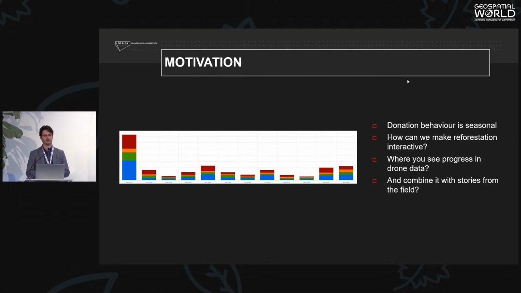One of the key motivations that an NGO such as this has is that donations are very seasonal. If you look at this graph, on the left side is the December donations, and these far outstrip the entire rest of the year. Which is a problem when you're undertaking a project involving reforestation, where you want to have a consistent source of funds that you can distribute to the areas that you're reforesting.